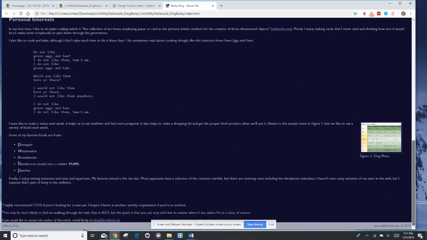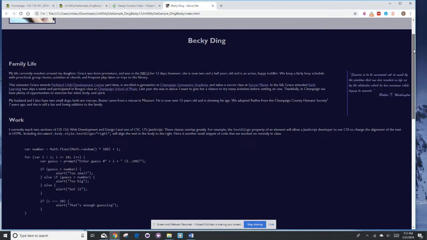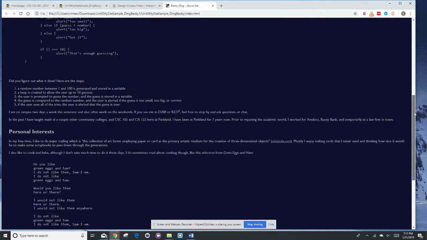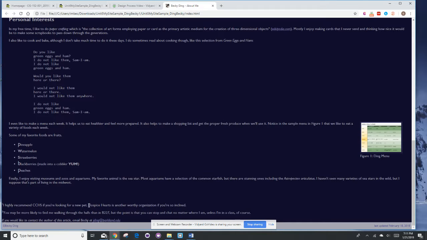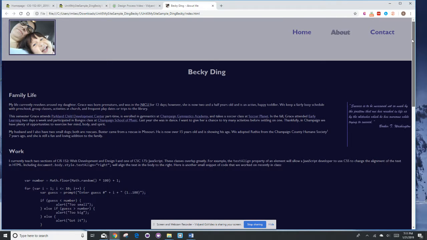So my sketch would have been very simple. I have at the top a header that has something that would be kind of like a logo if I were doing this for a business, but I have a picture, I have my navigation, my content or body goes along, and then at the bottom I have a little gray footer that has a copyright and my last update from last year. So this is not a new one, but it is an example of one. My sketch would have been very simple,